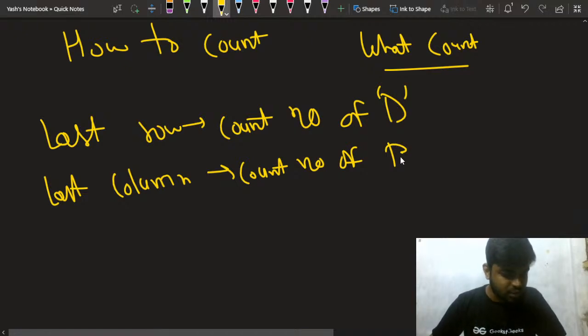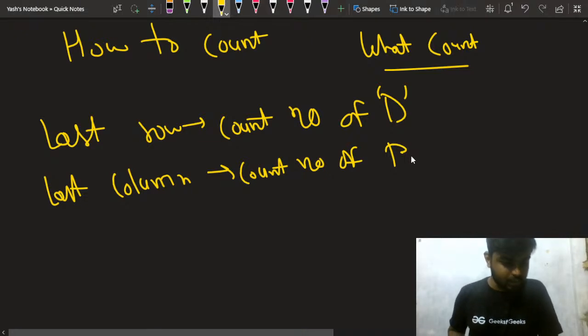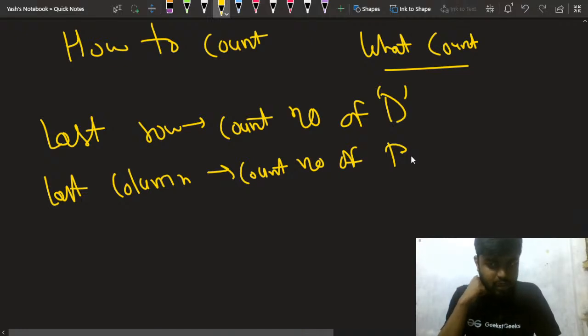No sir, my logic is we want to change r to d in the last column and d to r. Minimum cost from both sides is, this is also my answer. Like we want to change r to d in the last column, yeah. That is what I also want to do, and d to r in the last row, right? And we'll be counting that. That will be my final answer, right? This is what I'll be doing. Okay,